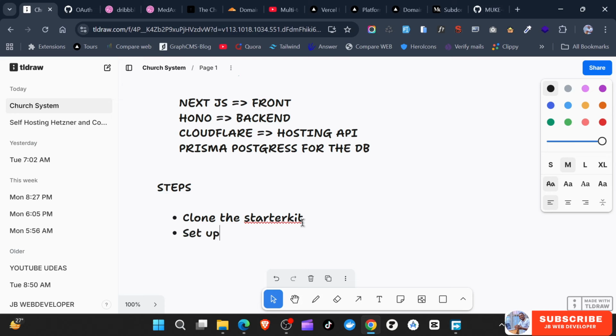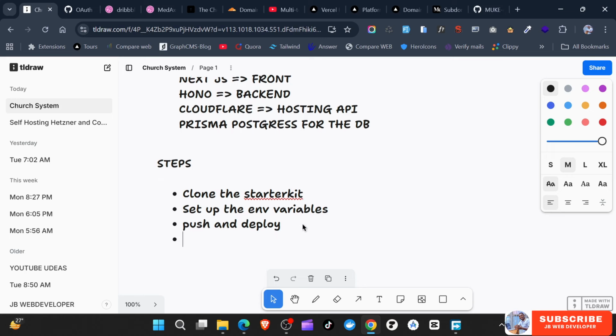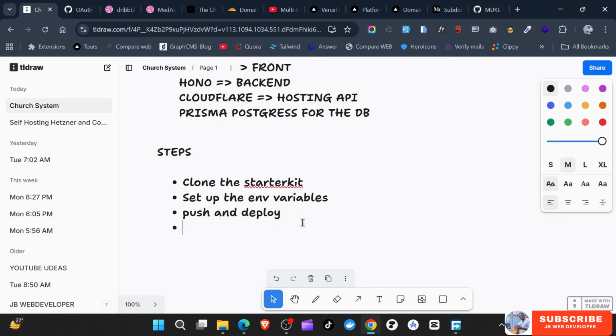Then after this, we'll set up the DB, set up the environment variables, and then after setting up environment variables, we actually try to push and deploy. And then after this, we'll implement